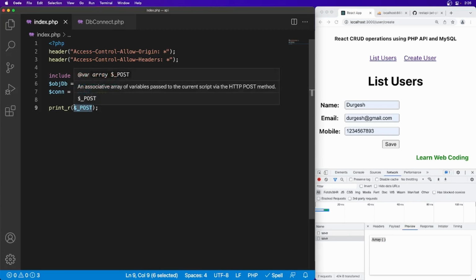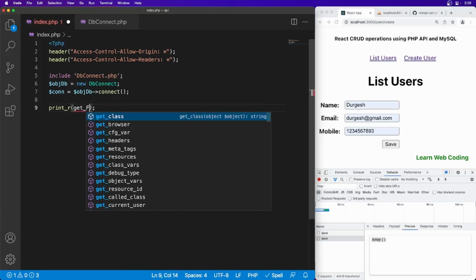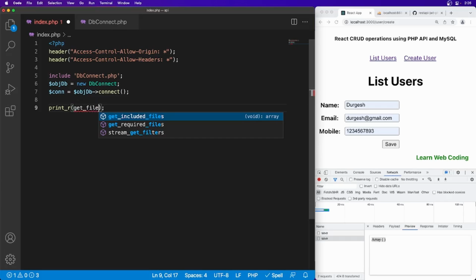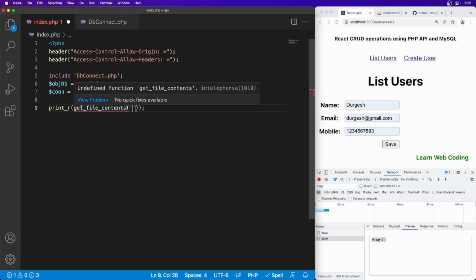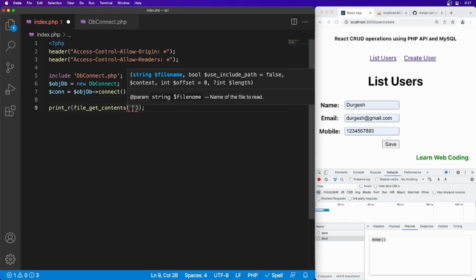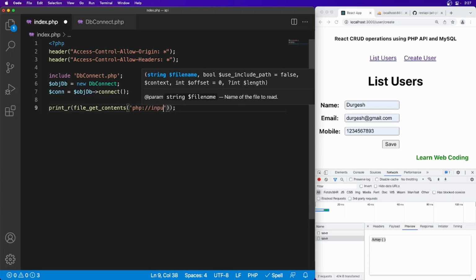So what you can do is use a function in PHP, file_get_contents, and here we have to say php://input.